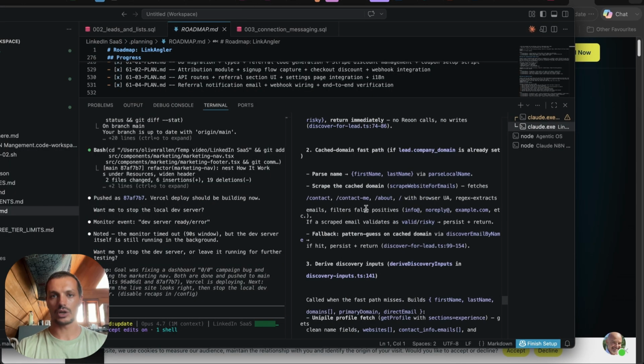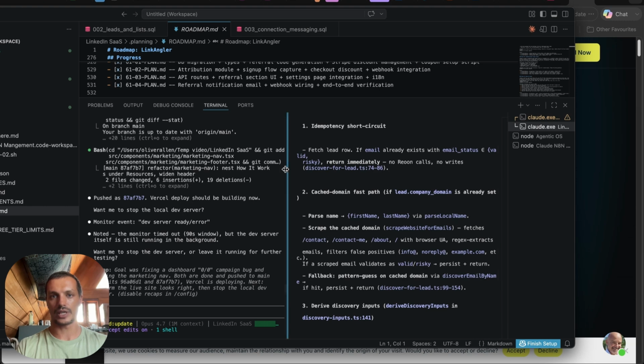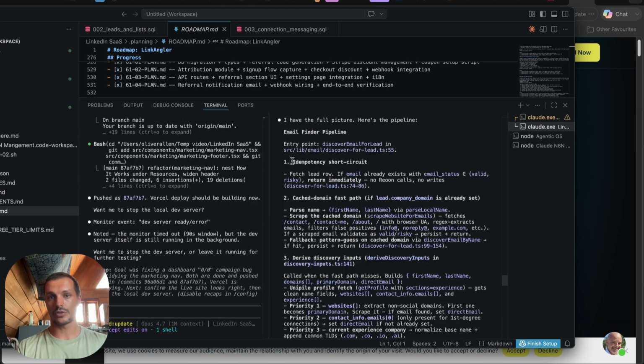So here we have a 6-step process. First, you've got the impedance short show check. It's basically just going to check to see if it already exists within the database. You can opt to have it private, so you don't have to share your emails with my system if you don't want to, but if you do, it means